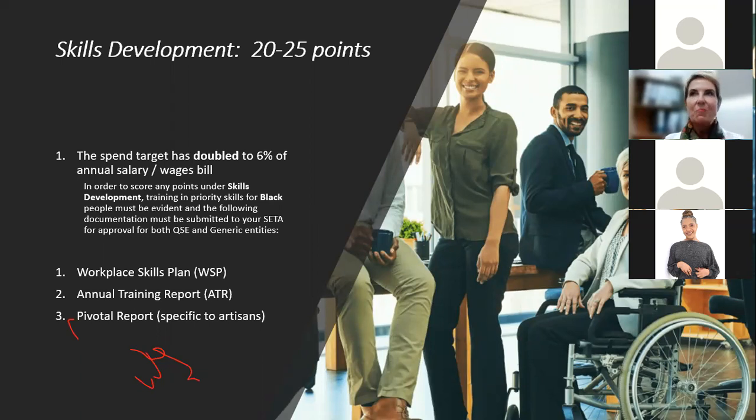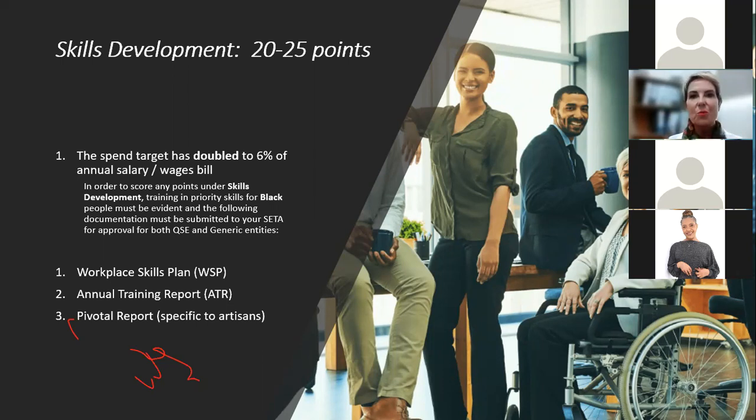Now remember, most companies think of the spend as a grudge spend. It should not be. If you spend this money wisely, the incentives that you get back for your organization can cover the spend. So that is where the workplace skills plan and the planning around which programs on what level need to be implemented. So again, you can only benefit on your BBBEE on this if you submit a WSP and an ATR